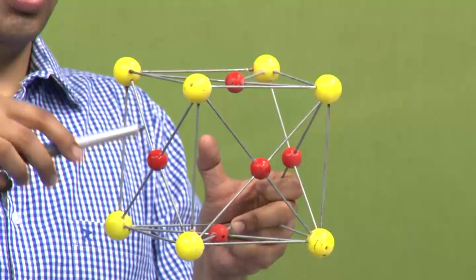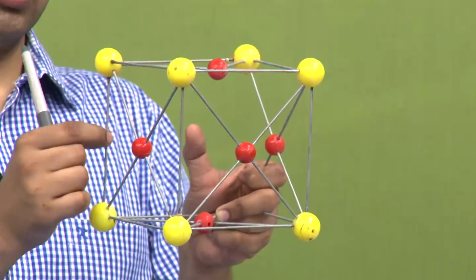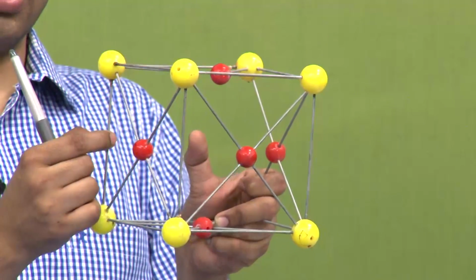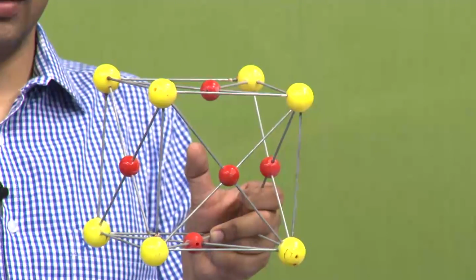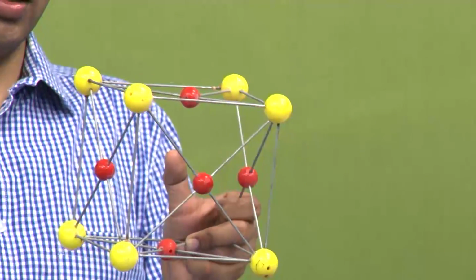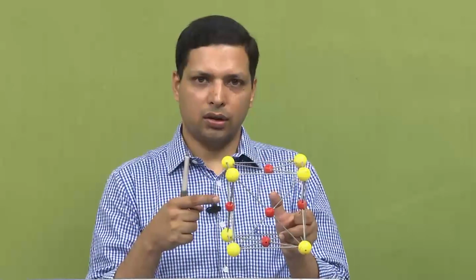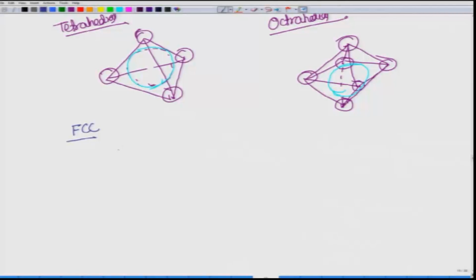So, in the FCC there is one octahedral at the very center of the cell and also at the center of each of the edges. So, we will draw it again over here, but this is to make you understand this is where the octahedral voids lie. So, there are 2 different places where octahedral void lies in the FCC. So, that is FCC. Now, let me just draw it over here so that you can remember it.